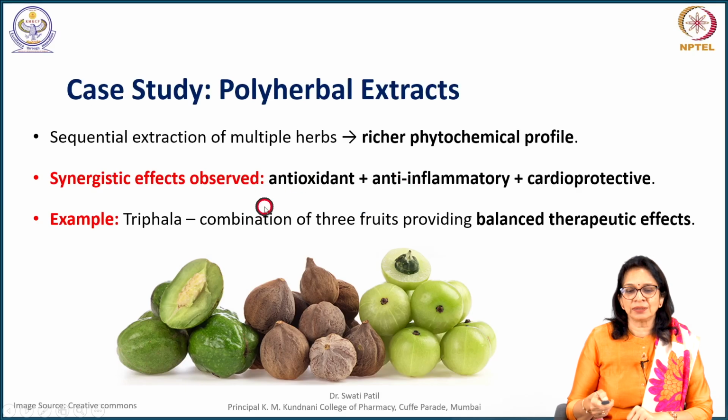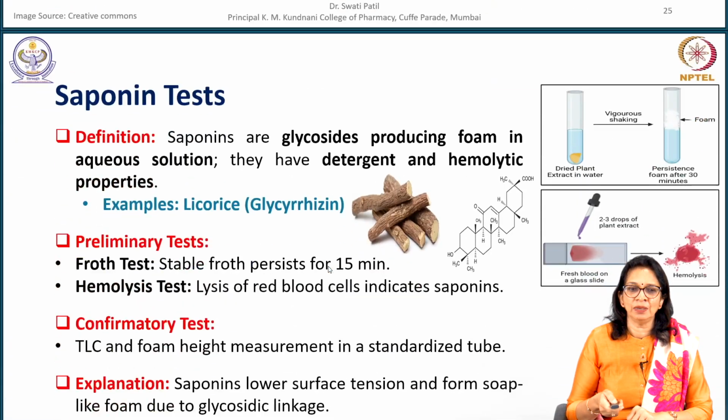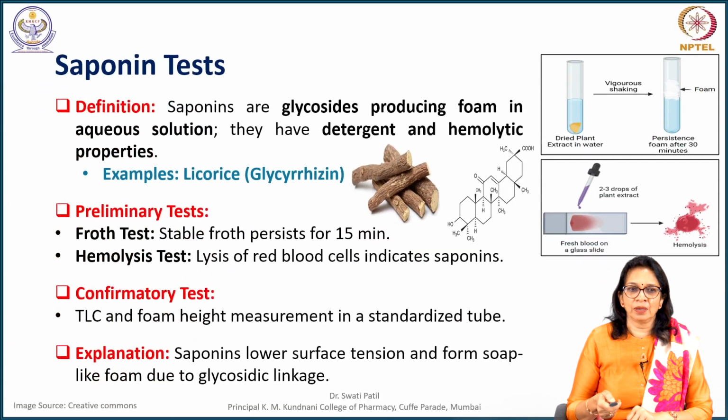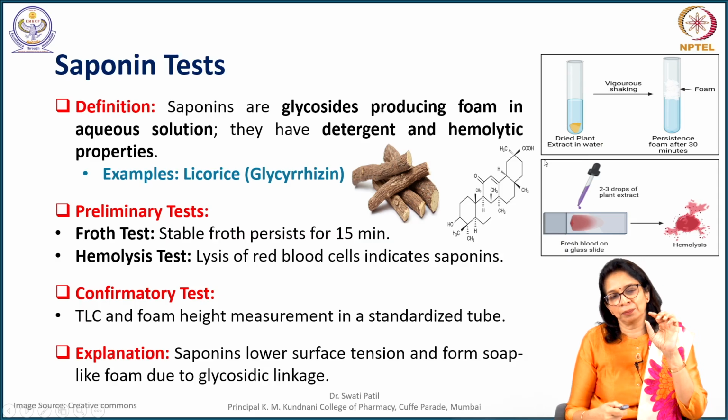In polyherbal extracts of Triphala, all the three fruits contain tannins, and by simple addition of ferric chloride the presence of tannins can be detected. The test for saponin glycosides can be conducted by simply taking the dry powder in a